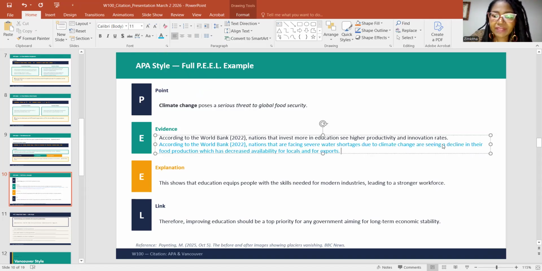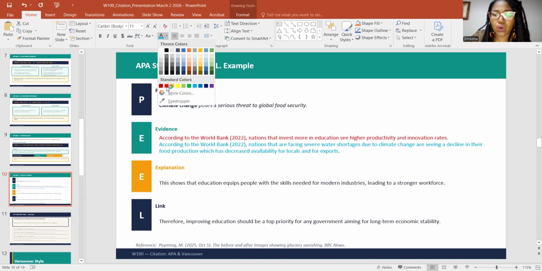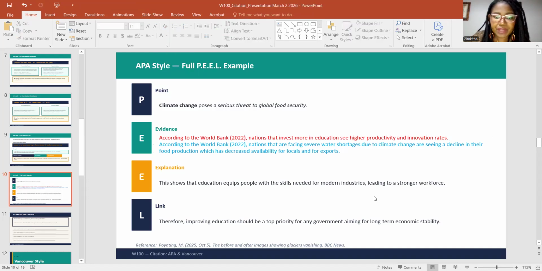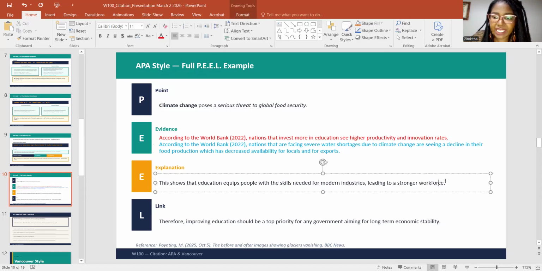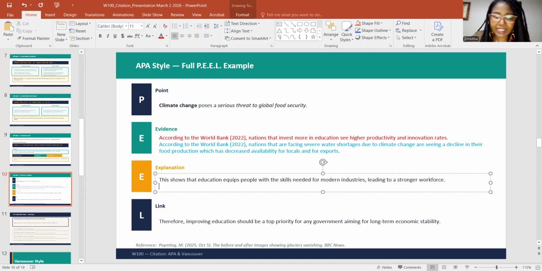All right. And that is the correct one. This one is incorrect because it does not link to your main idea and your controlling idea. Now, the explanation. Again, the explanation does not address the main idea.